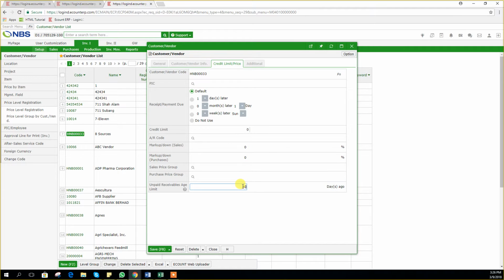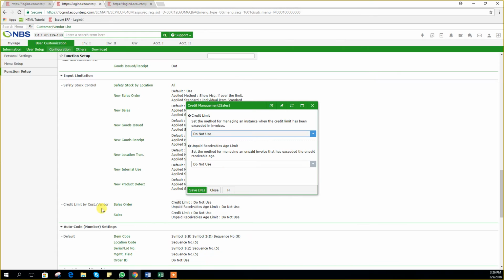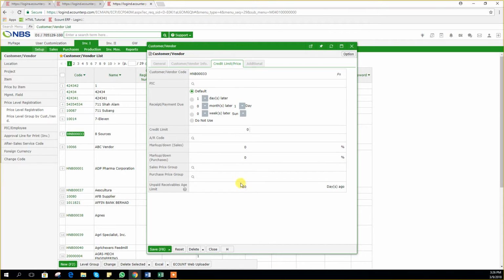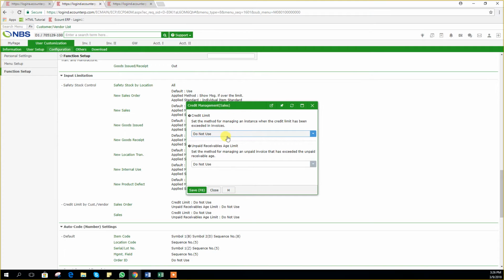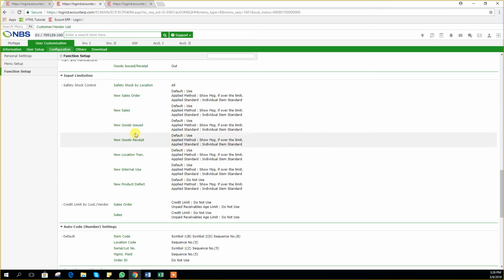If it's 30 days and you create a sales, after the sales invoice has not been paid after this amount of days, then it will give you a notification, or you can block future sales from occurring. Alright,